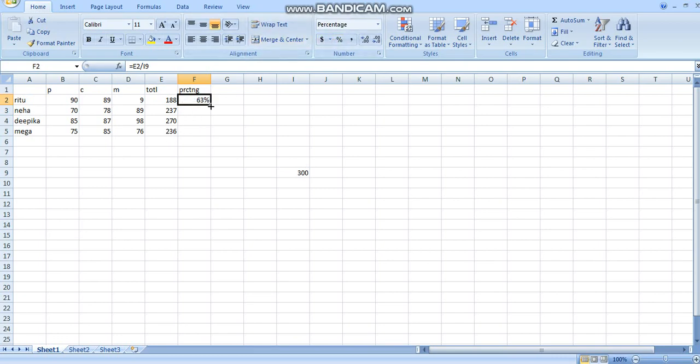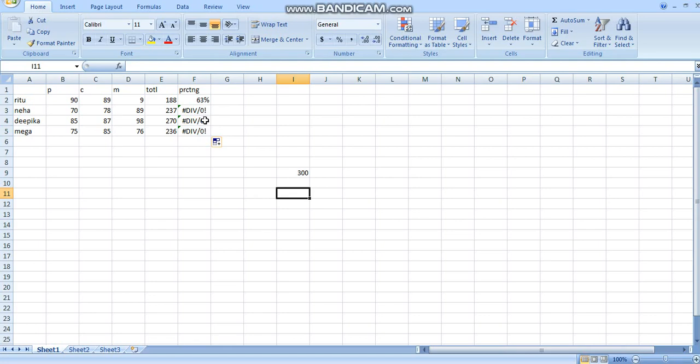See what happens if I drag this formula down. It shows a divide by 0 error. Why did this error happen? The values get divided by 0. If we see the references, the first is E2 divided by I9. In the second one it is E3 by I10, and I don't have any value in I10. Same with I12, I don't have any value there. That is why it took it as 0.